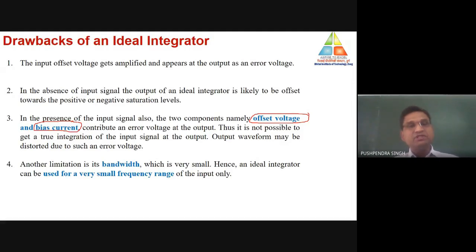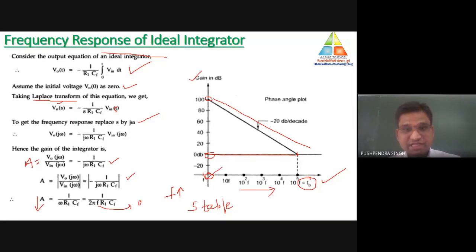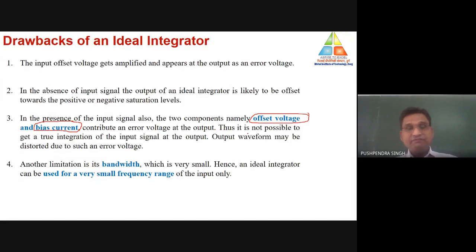First, suppose the value of input voltage is 0, so we are not supplying any kind of input to the op-amp. But as some offset voltage is present in the operational amplifier, and as we have already discussed, in the case of the integrator the value of gain is very high. Even at the initial frequency, when f is equal to 0, the gain is maximum. So if some input offset voltage is present in the circuit and the input voltage is 0, on that condition also we are getting an output. And that output voltage is nothing but the error voltage.